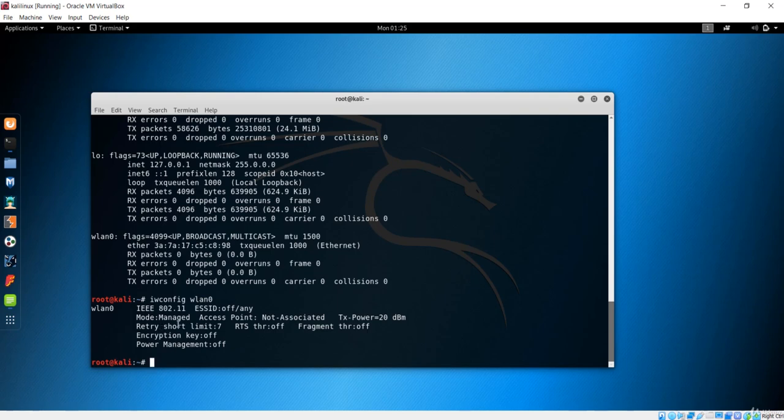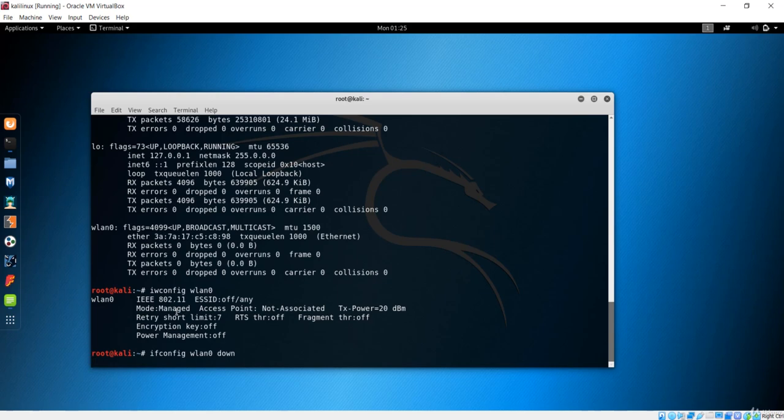Let's convert it. First of all, as always, in order to convert from the manage mode to the monitor mode, you first have to bring your wlan0 down. That means we have to cut off that network interface. If you want to change the MAC address, or if you want to convert from this mode to another mode, you first have to get away from your internet connection, that is, we'll remove that network interface first.